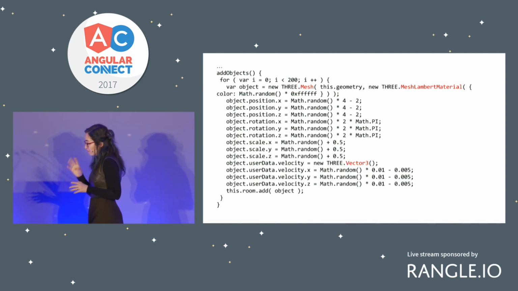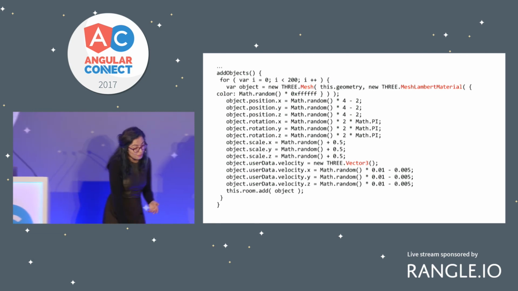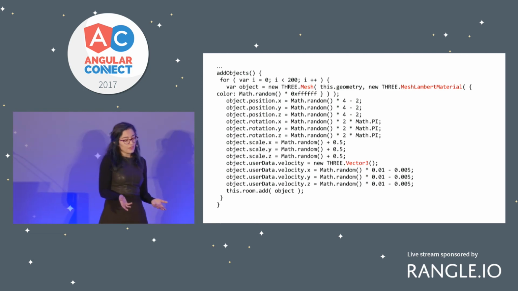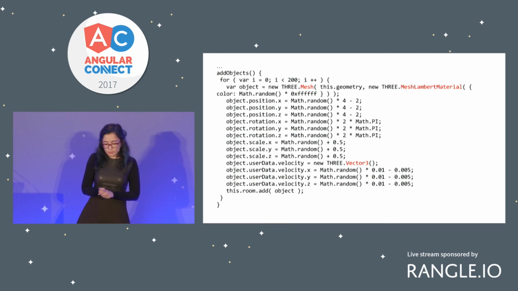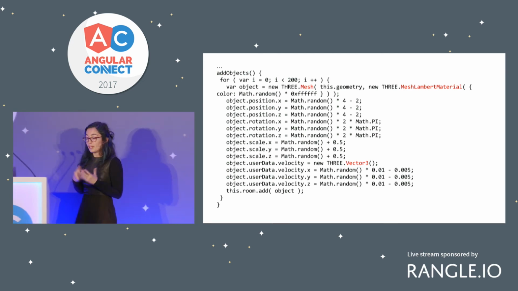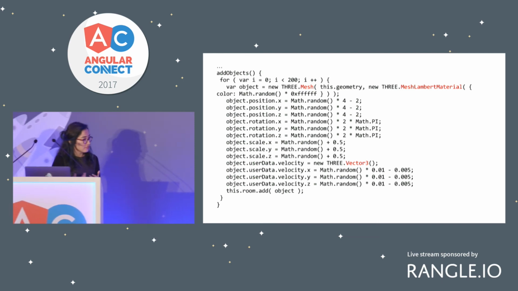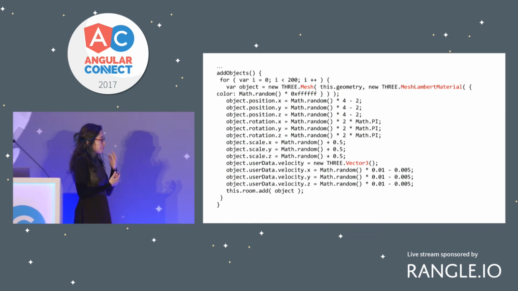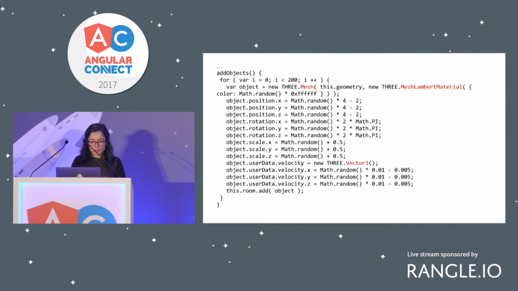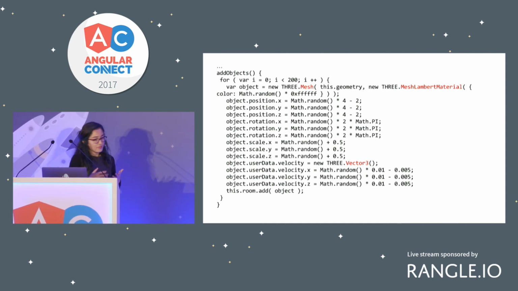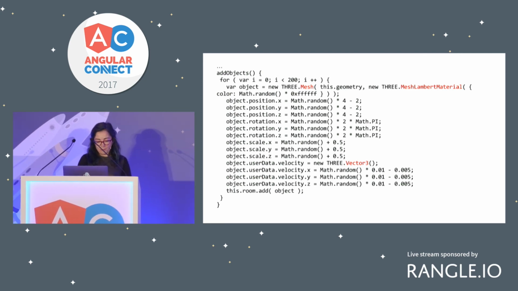And one thing that might get scary for some people is the vector thing. What a vector is defining is basically a 3-point location. It sounds like a lot of math, but it's actually defined for us, unless you're trying to do something very specific. If you're doing something random, it's very, very easy to use. And finally, we add all of our objects to our room object.